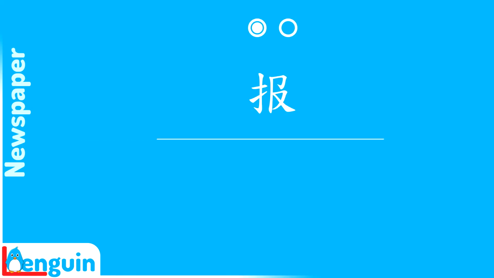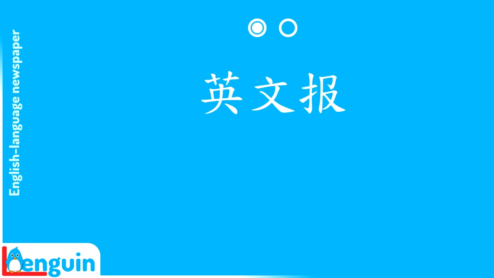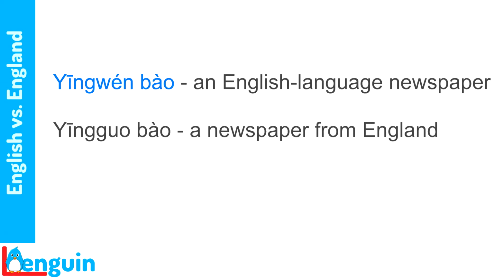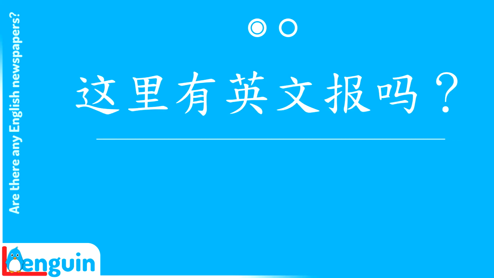Repeat the word for a newspaper. 报，报。Repeat, English language newspaper. 英文报，英文报。Notice here that it's 英文报, an English language newspaper, not 英国报, a newspaper from England. Repeat, are there any English language newspapers here? 这里有英文报吗？